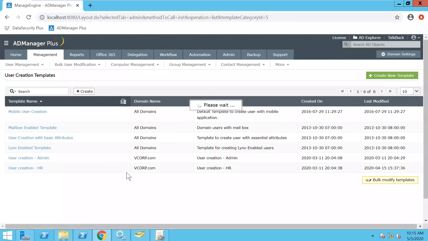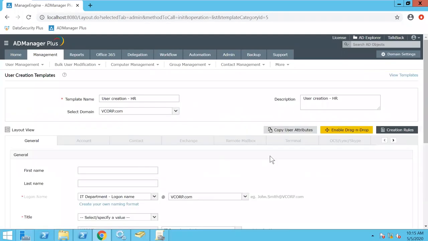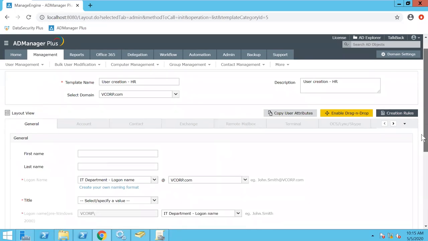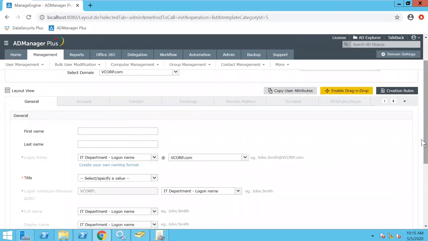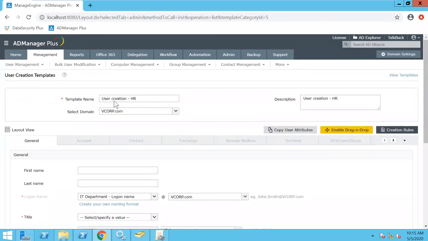So let me open up the HR template, user creation-HR. Okay. You see that we have 3 features here: copy user attributes, enable drag and drop, creation rules. Let me quickly explain these features for you. Well, copy user attributes. What does this do? Now, let's assume that you're building a template for the IT department or for the marketing department or for sales, okay? Now,